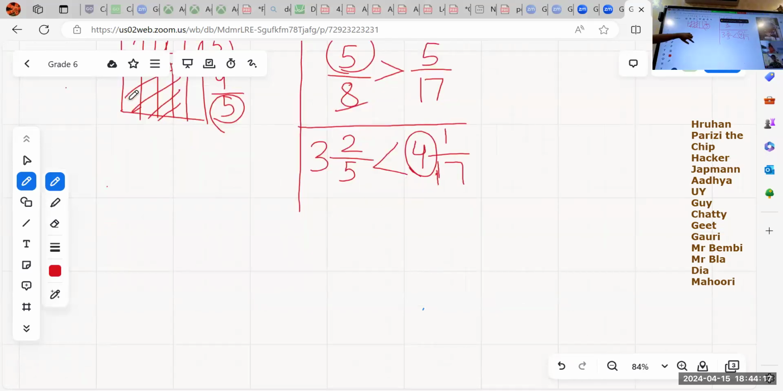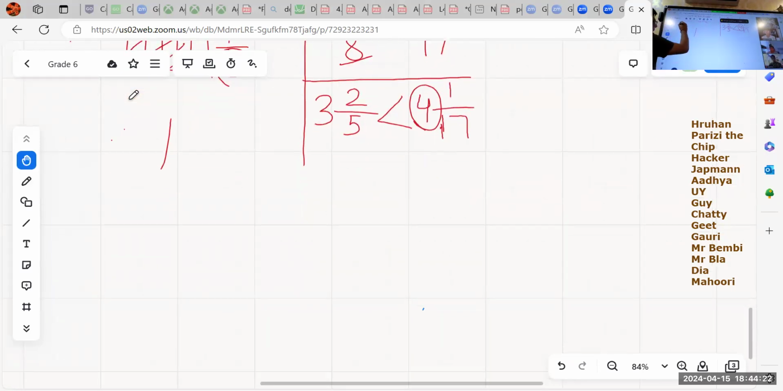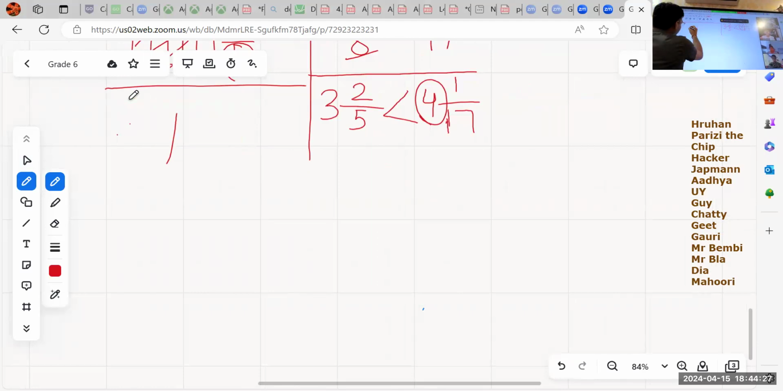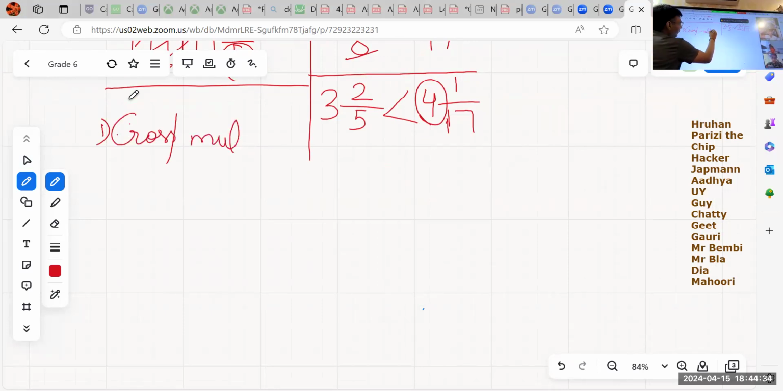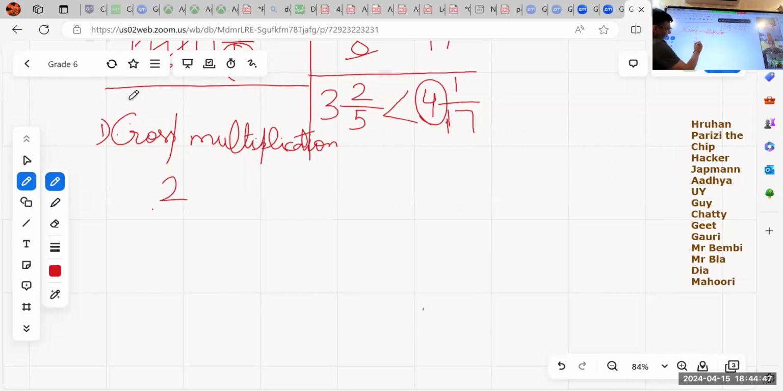Now again, the next way of comparison is what? Cross multiplication. So which is cross multiplication. So we multiply the numerator with the denominator and the other numerator with the denominator. So how many of you don't remember this method? Raise your hands. So Scooty does not remember this method. Okay. So we have 2 by 5 and 3 by 7. So what we do,